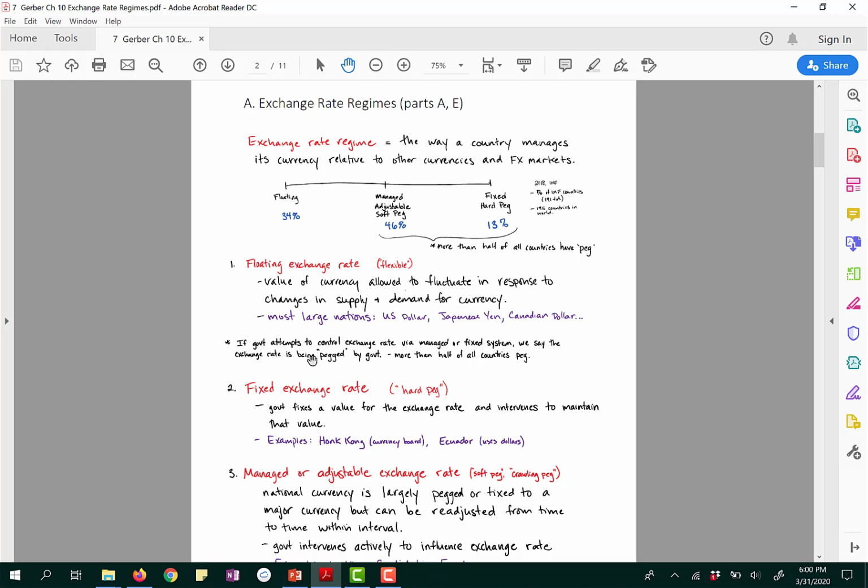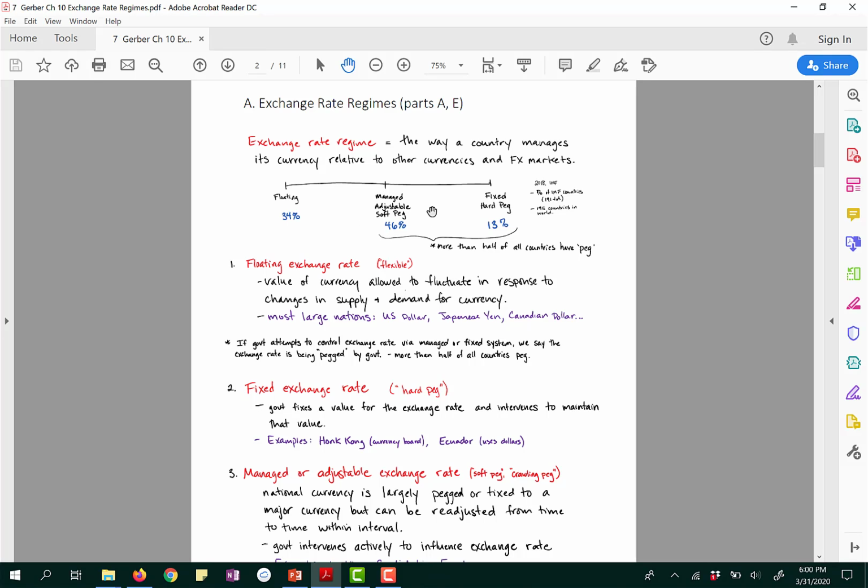If a government attempts to manage or control the exchange rate in any way, we say the exchange rate is pegged or fixed. More than half of all countries use some type of pegged exchange rate or fixed exchange rate system. Some are what we call hard pegs, meaning the value stays for the most part fixed, and government fixes a value for the exchange rate and intervenes to maintain that value,